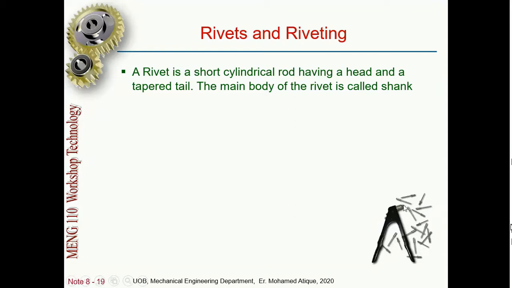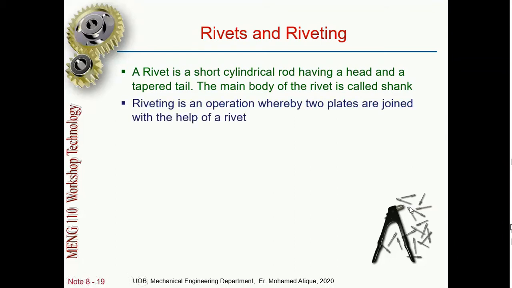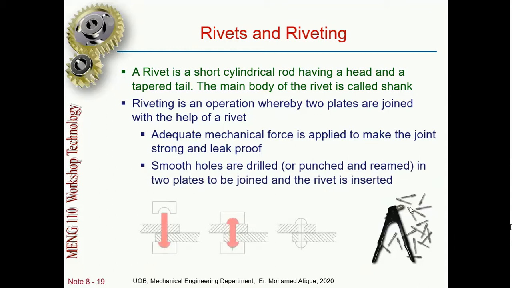The smaller part will be put inside the two parts, and from the other end mechanical force will be applied. Due to this mechanical force, this part with lesser dimension will acquire a bigger dimension, hence joining the two parts.